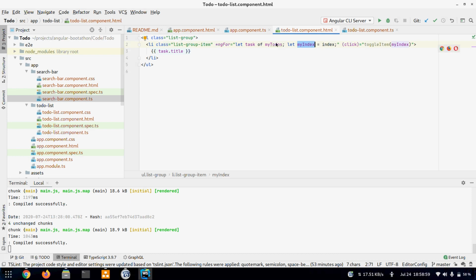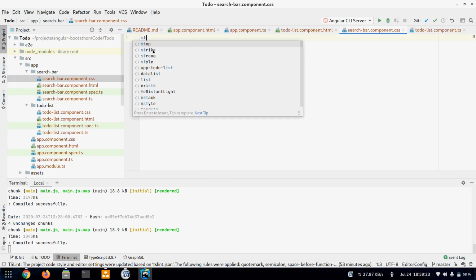This will contain the index of the element. So whenever we click on any element, we'll call the toggleItem method and it will toggle it. But since we are not using the completed property, we'll see the same thing.